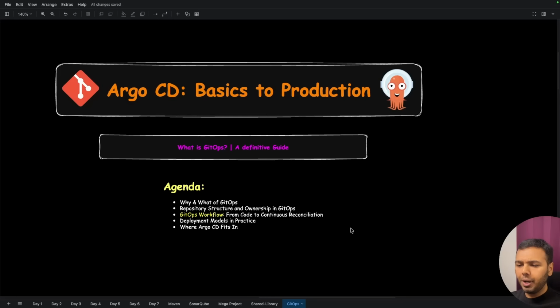Before we jump into tools like Argo CD, it is important to first understand what GitOps actually is and why it exists. GitOps is not just another deployment tool or a CI/CD pattern, so to speak. It is an operating model that changes how applications and infrastructure are managed using Git as the single source of